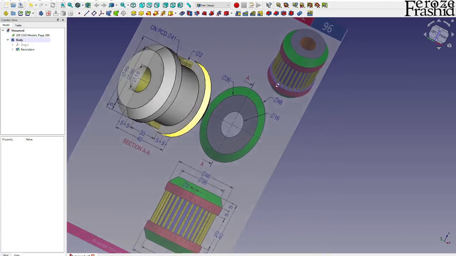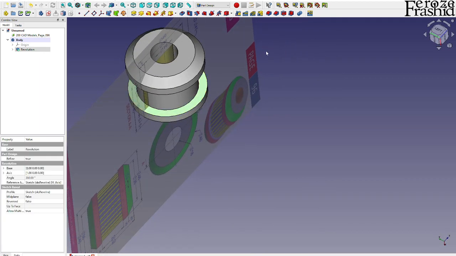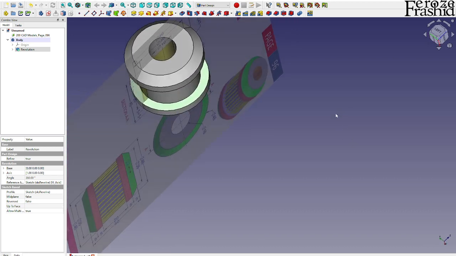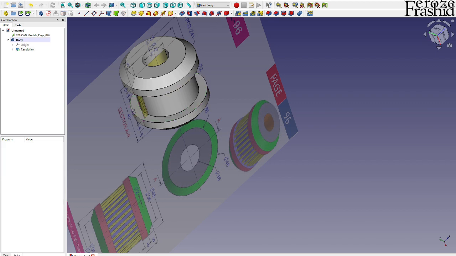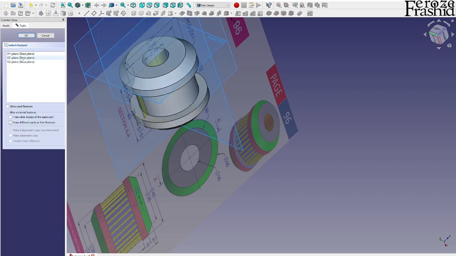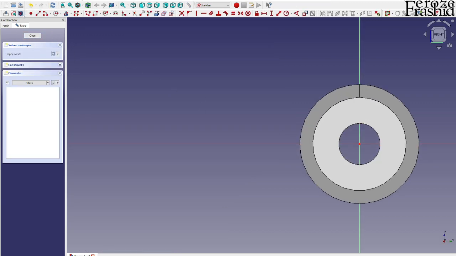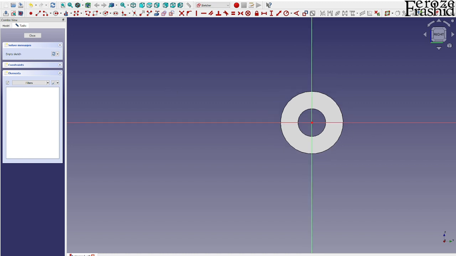So let's start working on that. We'll have to build something on this face, right? So it will be a sketch on this face, which is on YZ plane. So let's go ahead and draw a sketch on YZ plane. Okay, and so if I remember correctly,